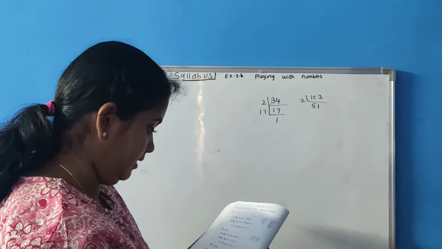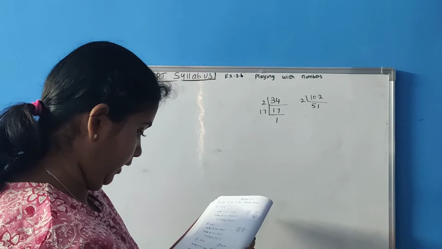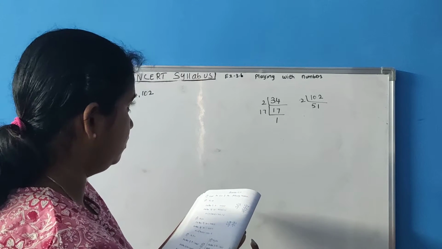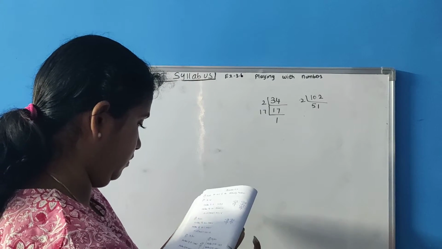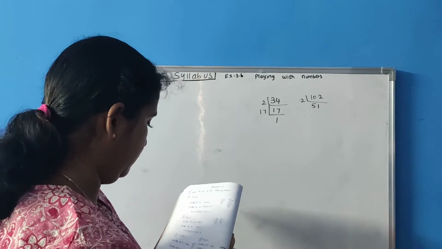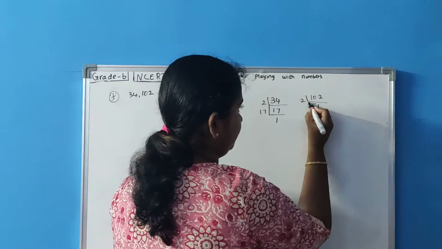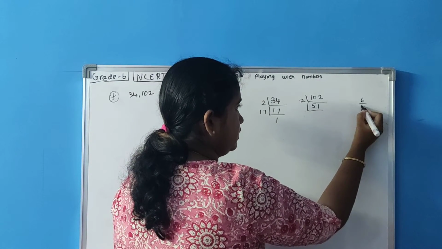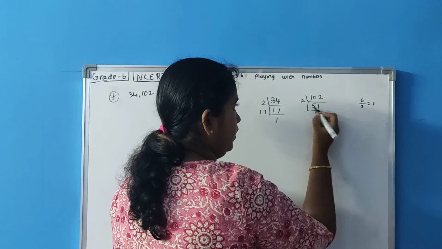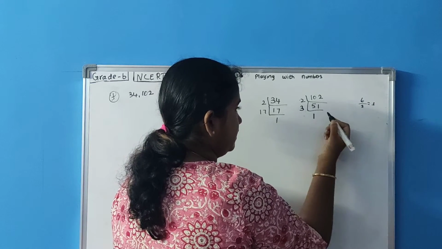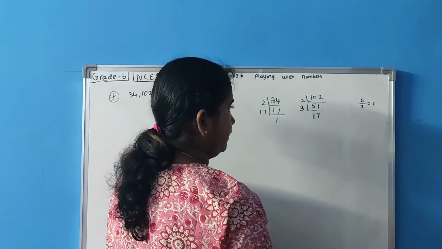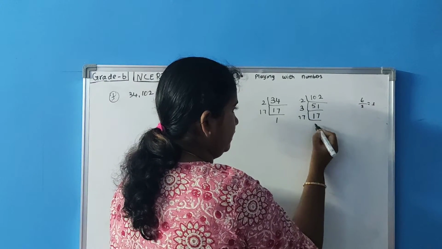51 is again, it will not go in any other number, right? Will it go? Yes, it will go. 5 plus 1 is 6. 6 divided by 3 is 3. So it will go in 3 table. 3 table, 1 3s are 3. Balance 21, 7 3s are 21. Okay, again 17 you got, 17 1 table.